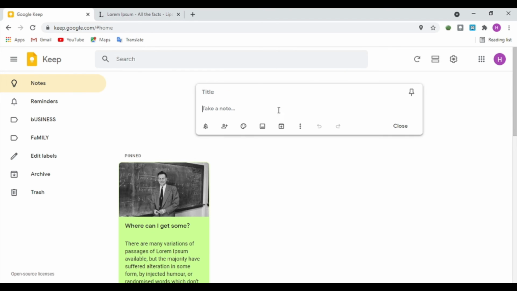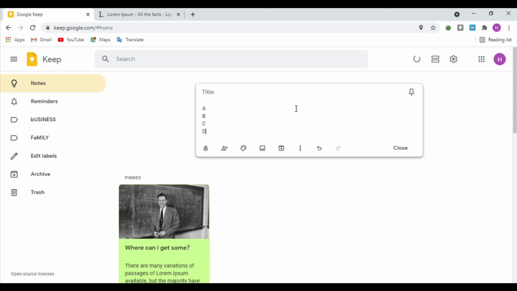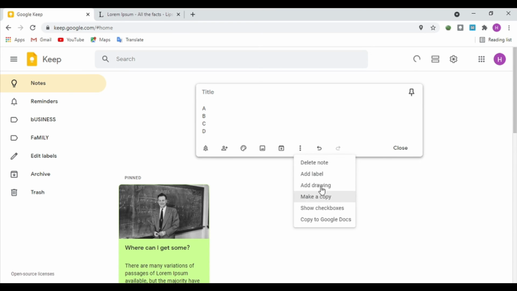Let's take a checklist in our section. When you add something like A, then B, then C, then D, and you want to add those in the checklist format, then you can see by clicking the three dots, you can delete the note, you can add the note to business, or you can add to both also, and you can use drawing.